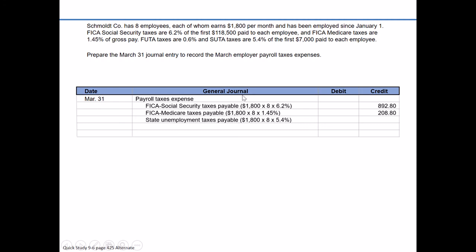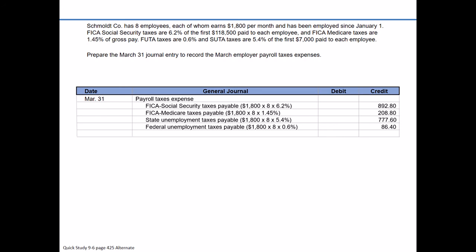So similar to Social Security and Medicare taxes, state unemployment, or SUTA, is going to be credited, state unemployment taxes payable, $1,800 times 8, because there's 8 employees, times 5.4% for a total credit of $777.60. FUTA is similar, a credit to federal unemployment taxes payable, 1,800 times 8 employees times 0.6% gives us a total credit of